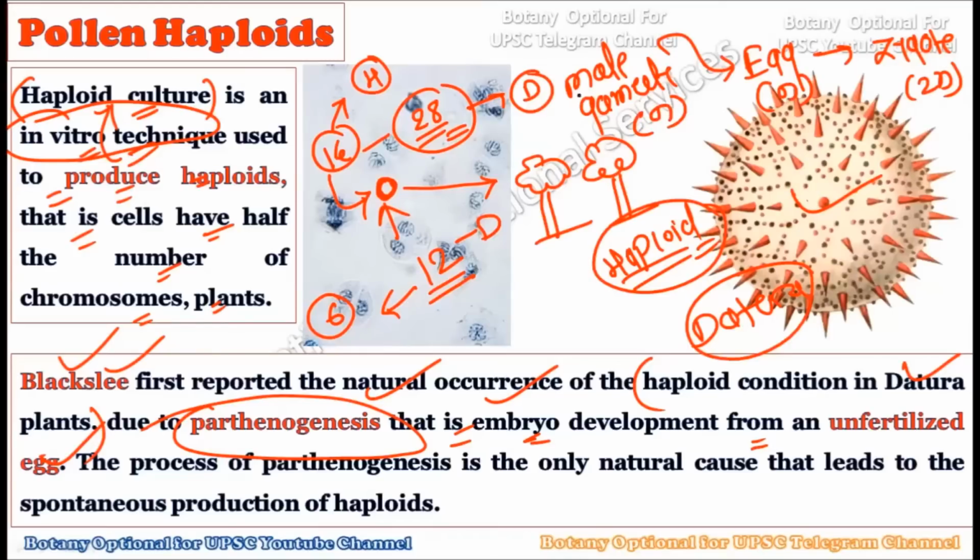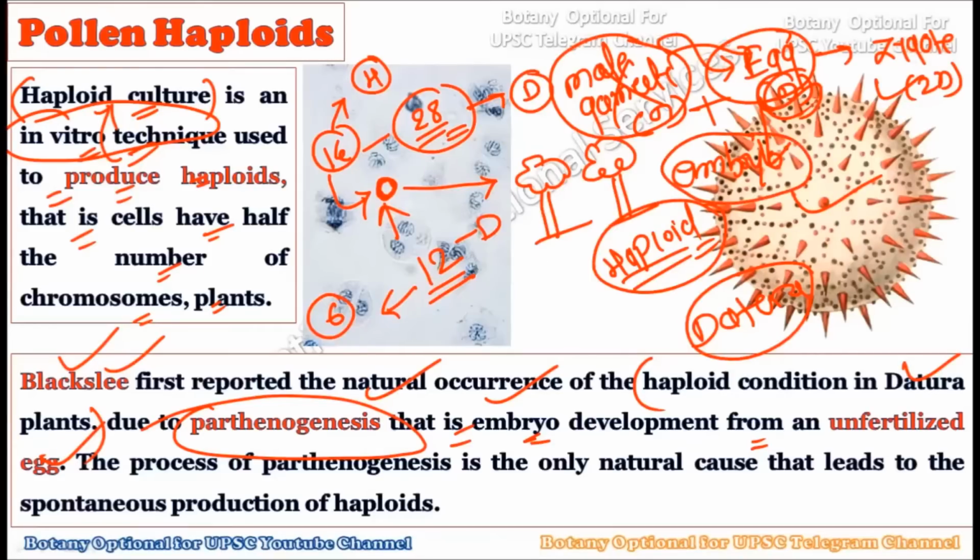But what happens in parthenogenesis? If the male gametes are not able to fuse with the egg, this egg gets directly converted into the embryo. So the egg contains only half the number of chromosomes, that is n chromosomes. If natural mating were there, n plus n would result in the 2n condition, that is the diploid condition. But the natural mating has not happened, and hence these eggs suddenly get converted into the embryo.